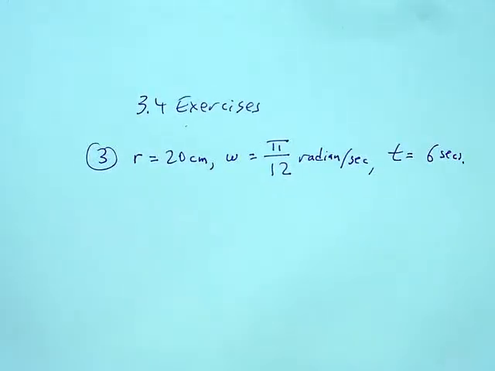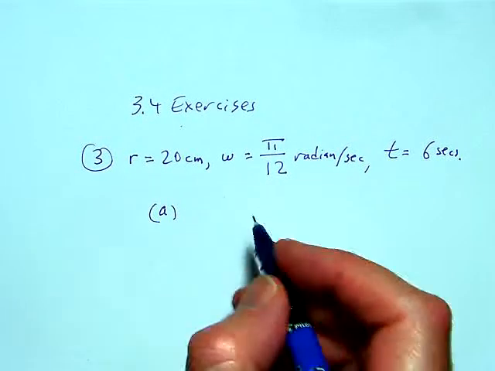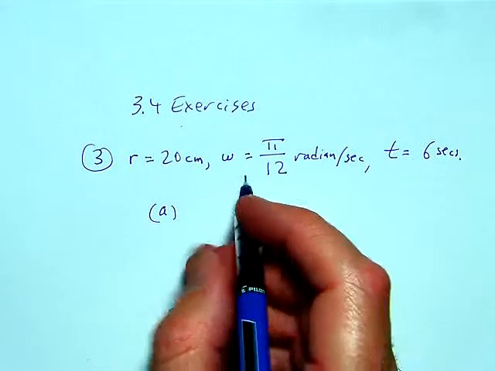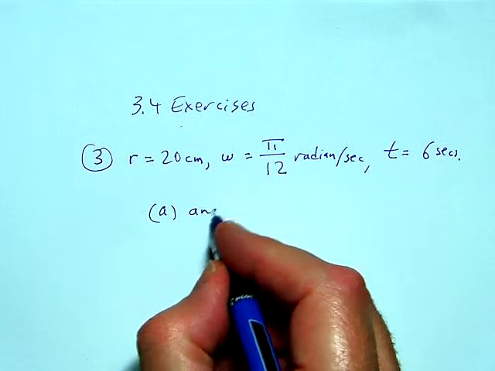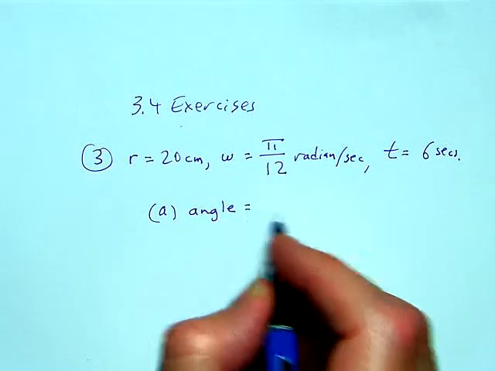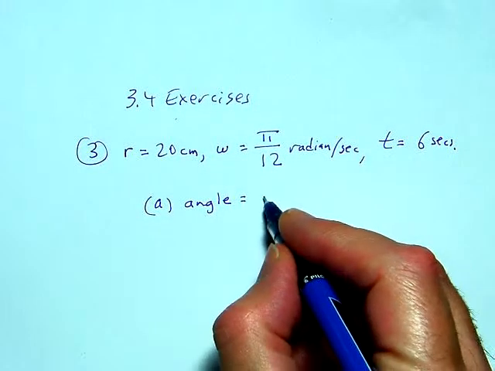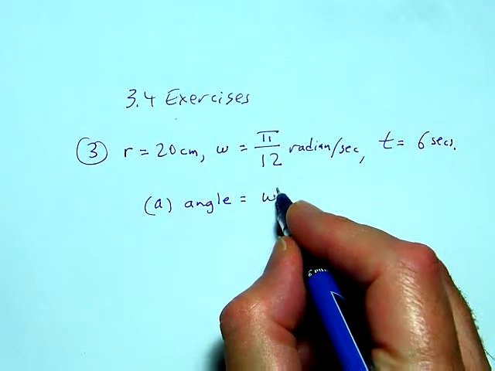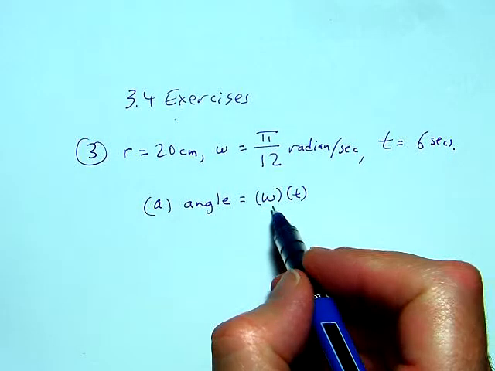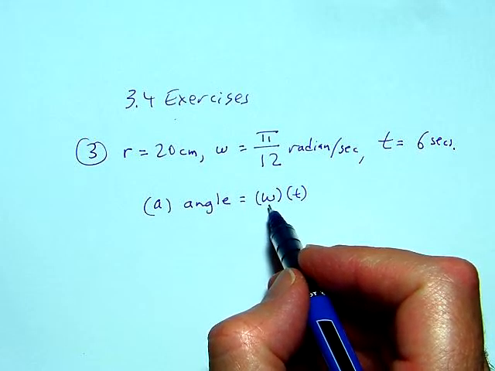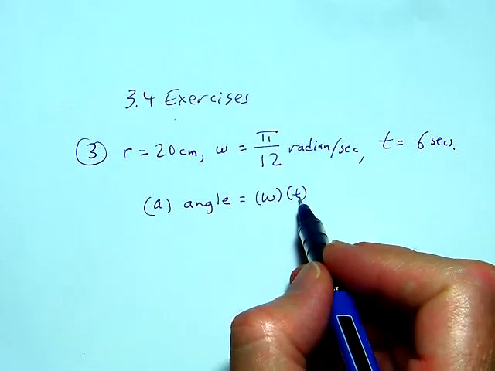Okay, and we are asked first to figure out the angle generated by this point in time t, or in 6 seconds. So the angle is going to be equal to the angular velocity times the time. Okay, this is the total angle subtended. So however fast the circle is rotating in terms of angles per unit time times time, that will give us